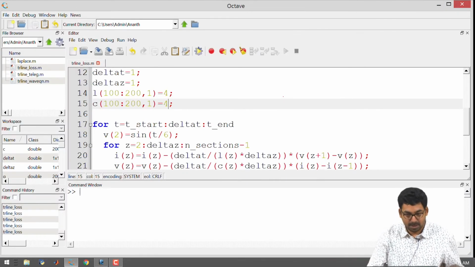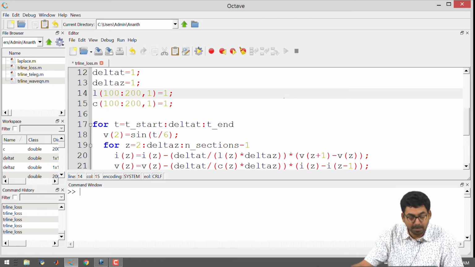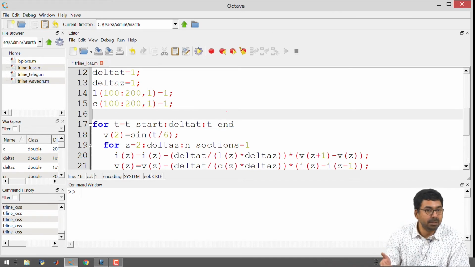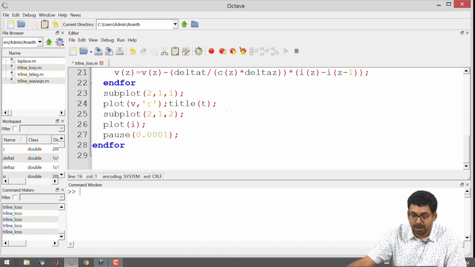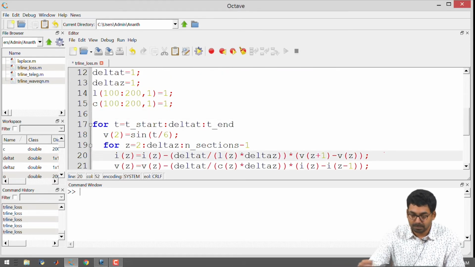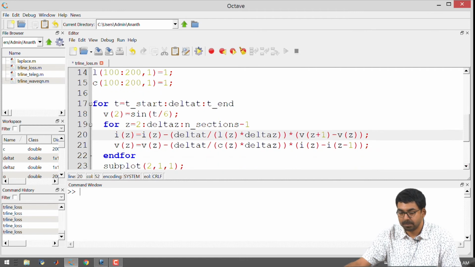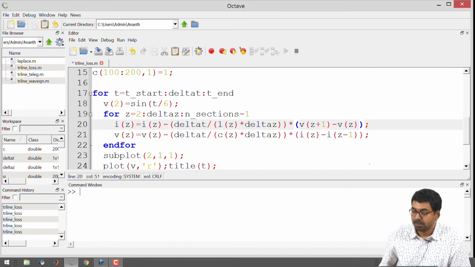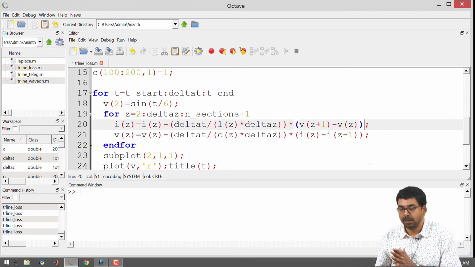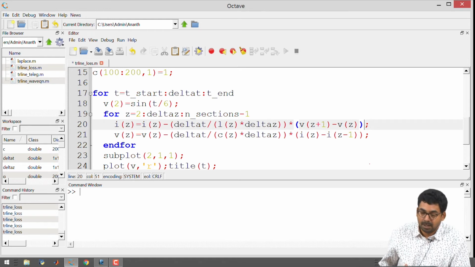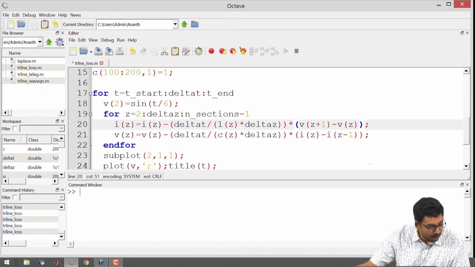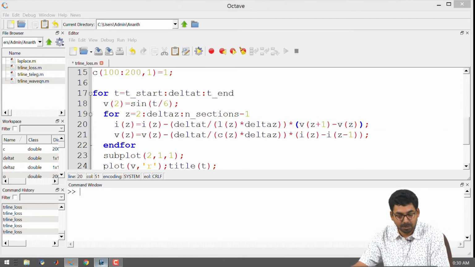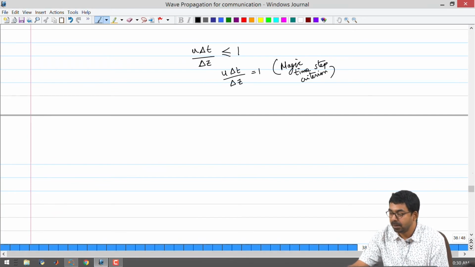So, now I am putting it back to 1. I want to be able to add R and G into my simulation. So, I go to my update equation and start to add the terms. For the current calculation, the way we calculated before, it had a term for R multiplied by I. So, if I were to look at the expression that I had with the loss included,